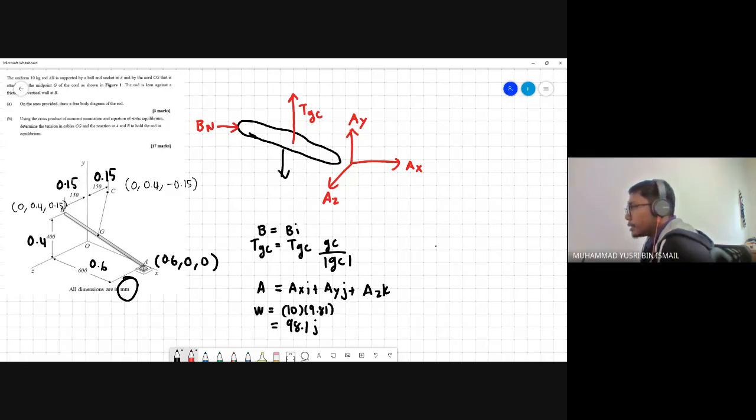So the summation of moment at A will be equal to RAG cross with TGC, plus